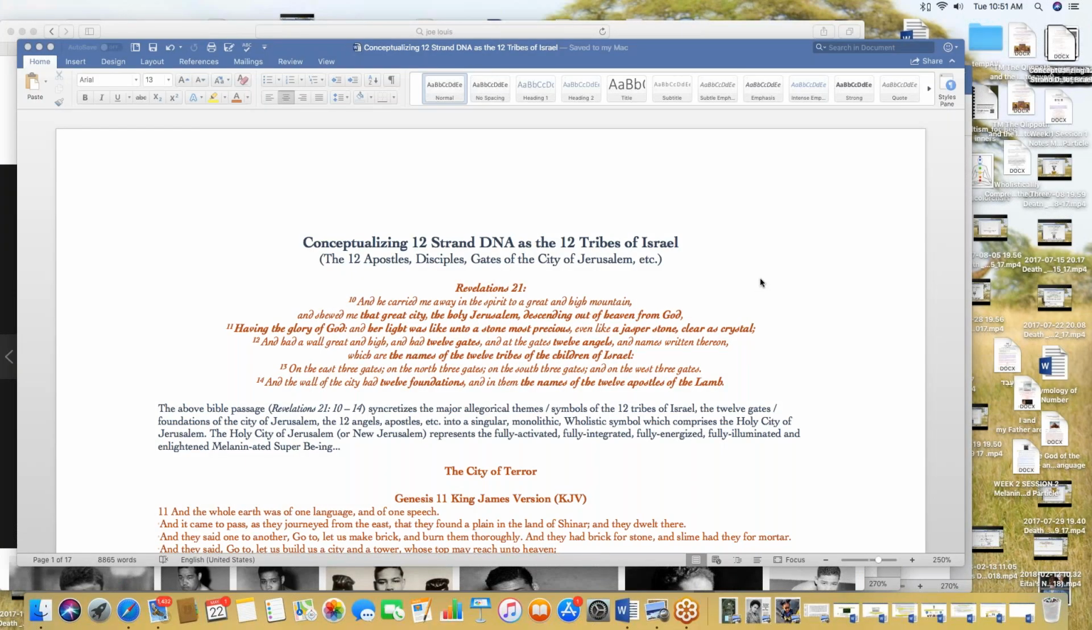Okay, we're going to start in the book of Revelation, 21st chapter. We're going to be talking about conceptualizing the 12 strand DNA as the 12 tribes of Israel, the 12 apostles, 12 disciples, 12 gates of the city of Jerusalem, etc. And this is going to be a culmination of a recent process that we went through,